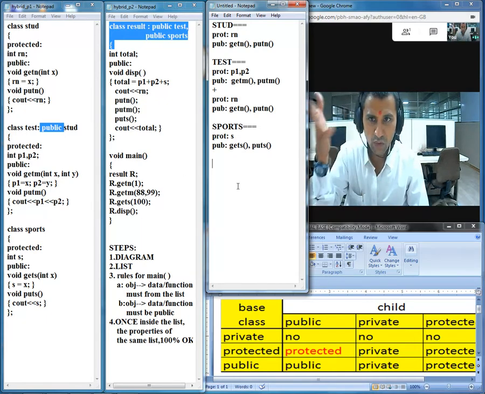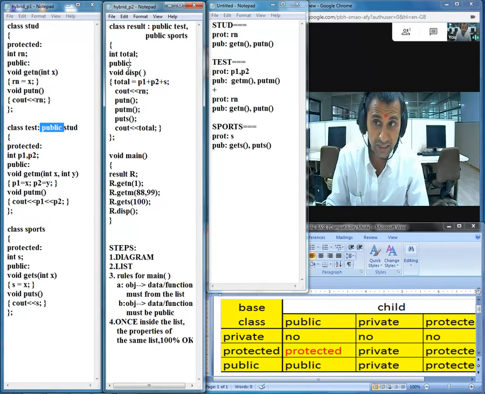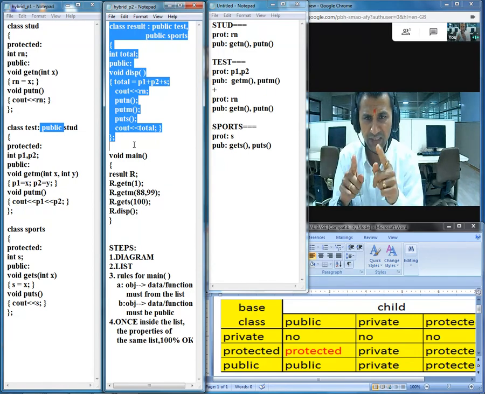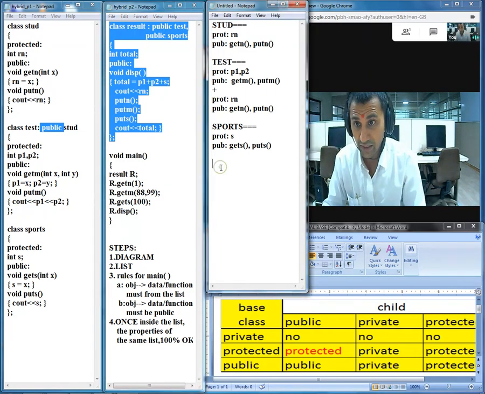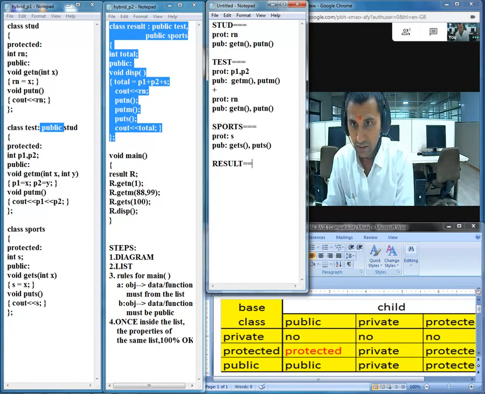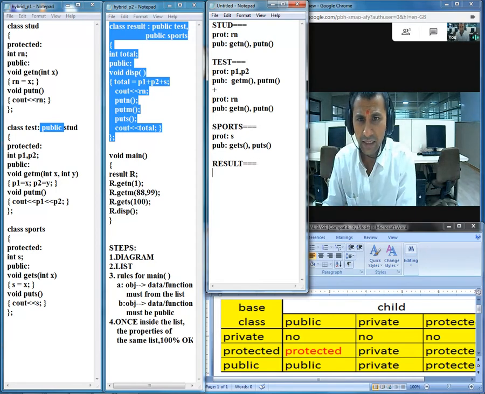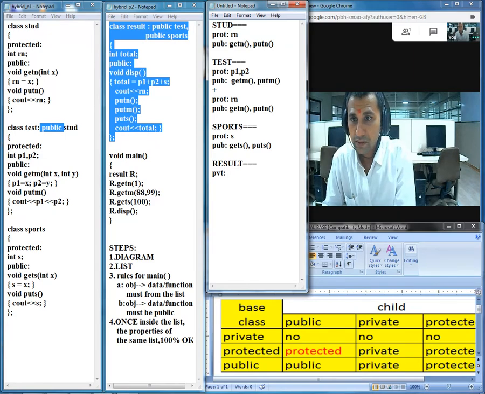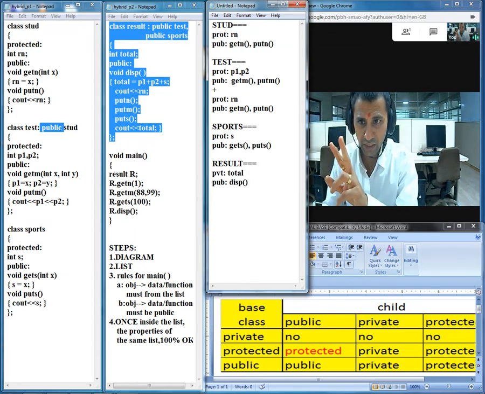We have made the list, so we can focus on the next class, and this class is very essential, you can say the heart of the program. So be extra careful while making the list for the class result. First, take a look at the directly visible properties. In the private section, because when we don't define anything it is private by default, we have one variable, total. In the public section, a function called display. That is the direct visible property for class result.